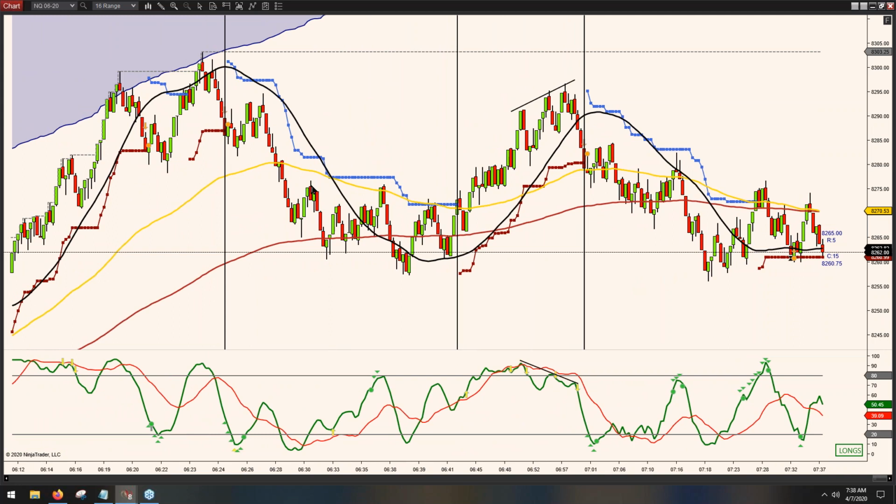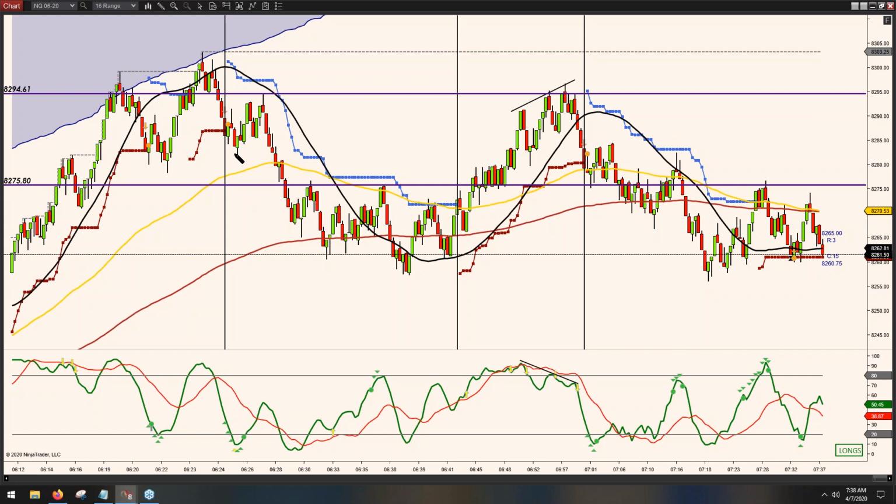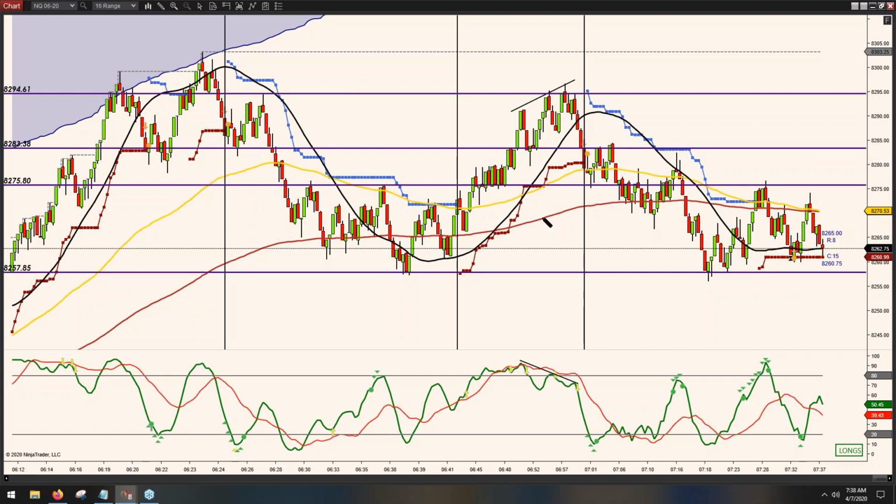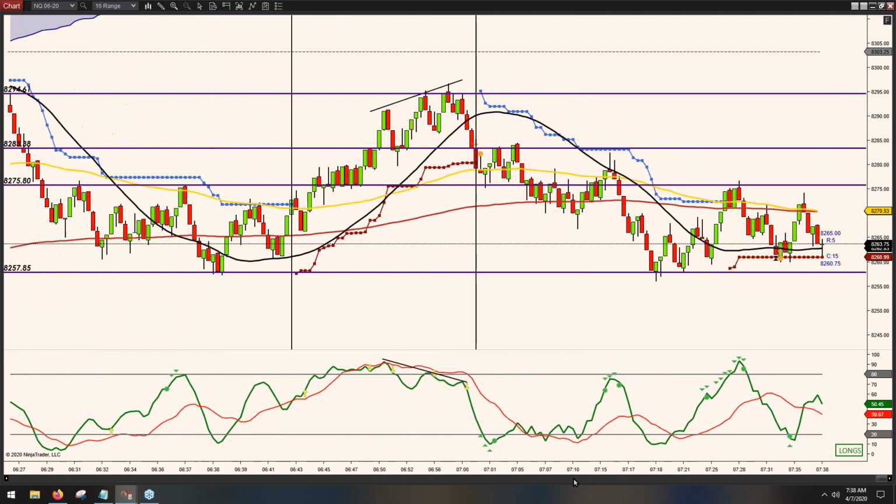So I'm just going to look over to the left here, and you can do this on your 1 minute chart, 5 minute chart, 15-minute chart, whatever you like. I'm just going to do it real quick here. I'm just looking for little areas where price was struggling and just putting a line there. So if I were to take